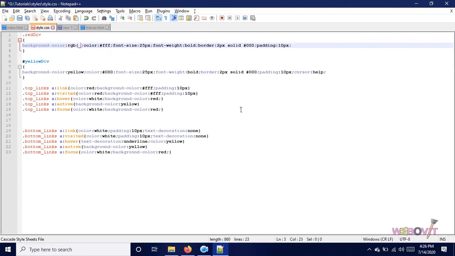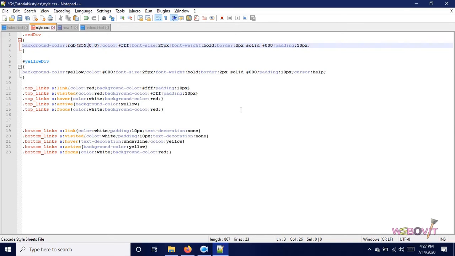RGB mode means red, green, blue. Red, green, blue mode is used for digital devices like mobile, computer, tabs, etc., and for printing devices we use CMYK mode, that is cyan, magenta, yellow and black. So now RGB. First we have to mention the red color, then the green color, then the blue color. 255 is the maximum number for any color, and 0 is the least number.